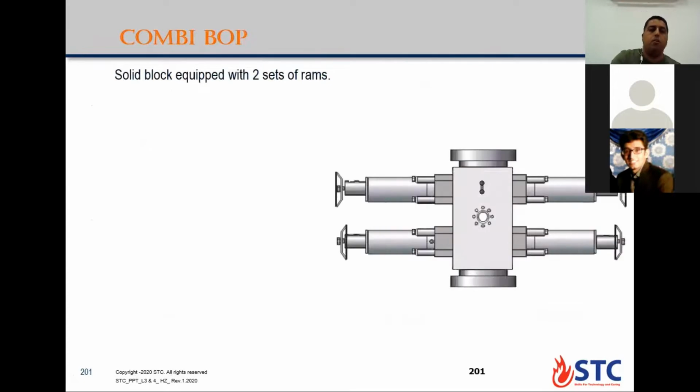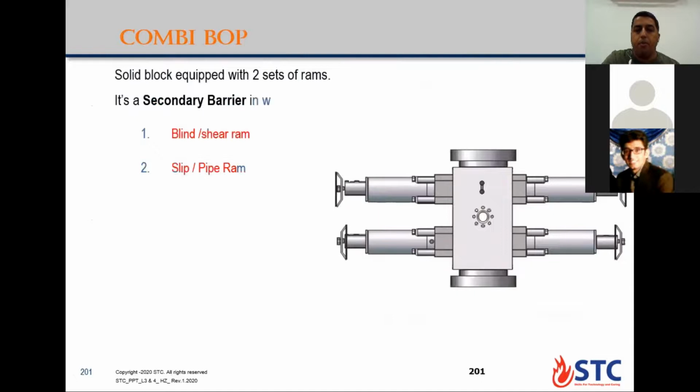Combi BOP: it is a solid block equipped with 2 sets of rams. The top one is a combination of blind and shear, and the second, or bottom one, is slip and pipe ram together. So what is the main advantage of the combi ram over the quad ram? Height is less for the combi. Height is less, but also